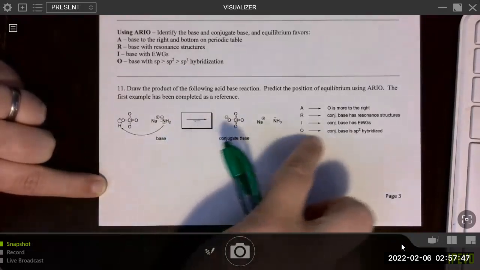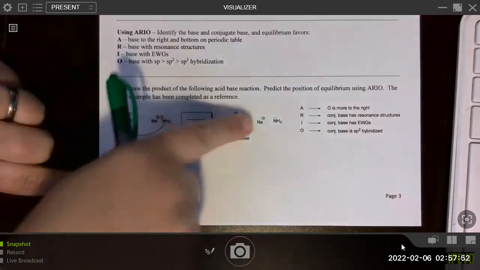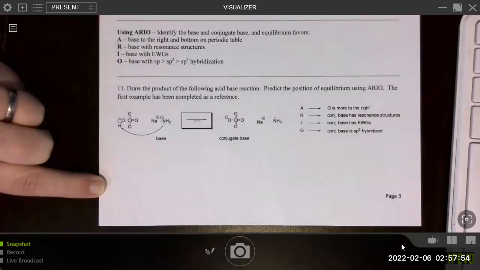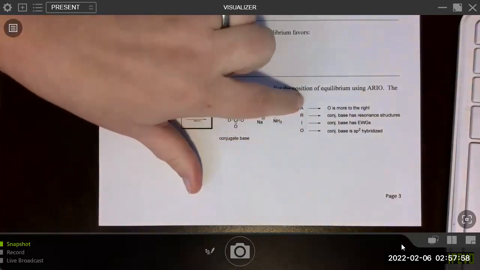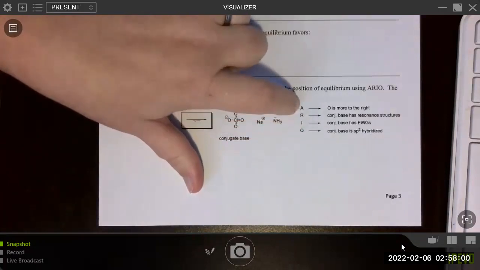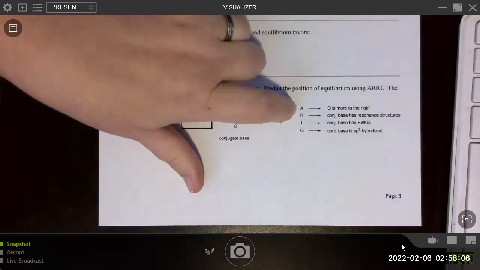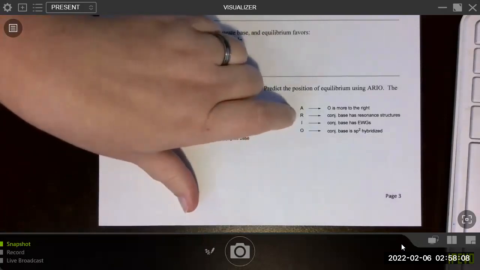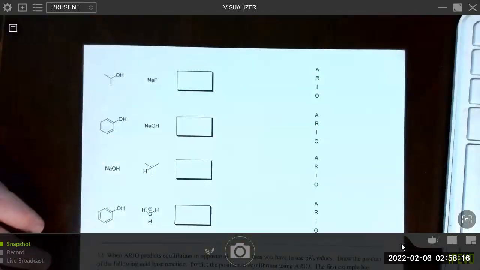So this one, all 4 factors reinforce the fact that we should predict to the right. But technically, if there's any disagreement between these, we would analyze in order. So atom being the most important, and only when there's no difference do we move to resonance. If there's no difference, we move to induction, and so on. We'll see if we see any of those examples as we move through the activity.